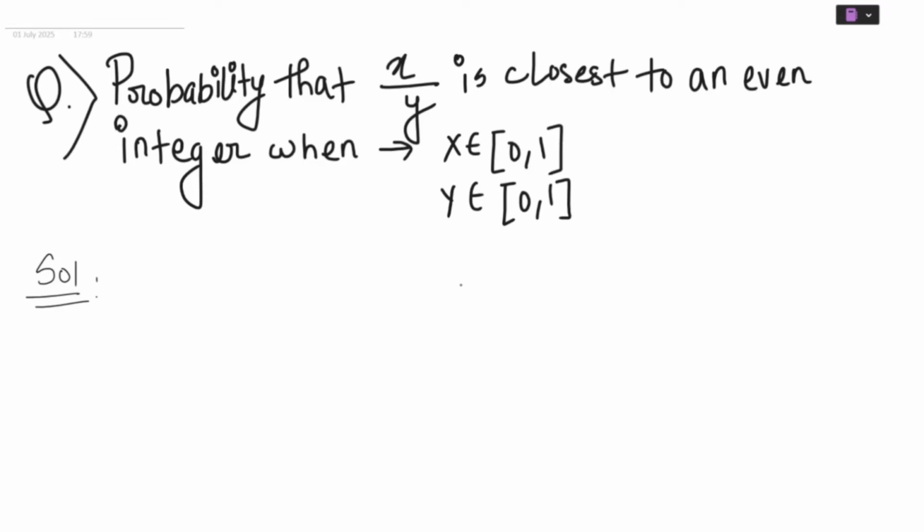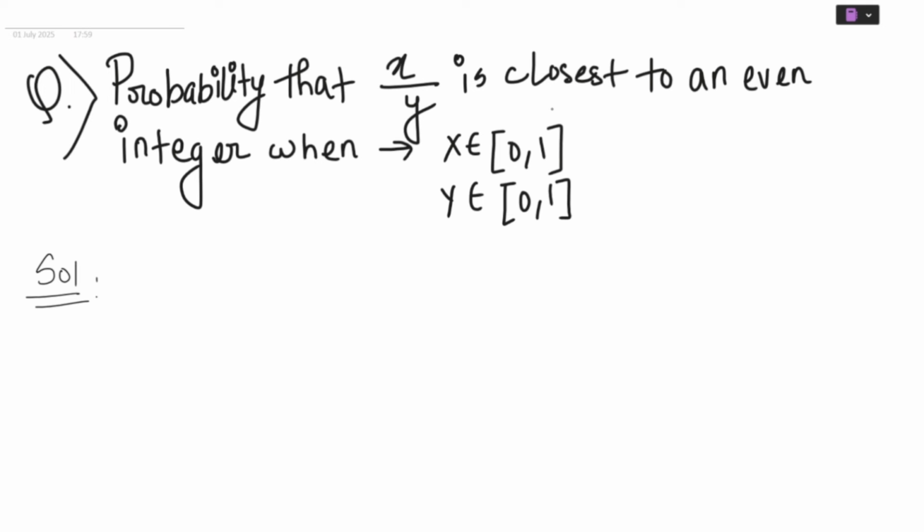Hello everyone. Today let us discuss a very interesting problem. The probability that x by y is closest to an even integer, where x and y are chosen from the interval 0 to 1. So we basically need to first understand what it means when someone says that a fraction is closer to